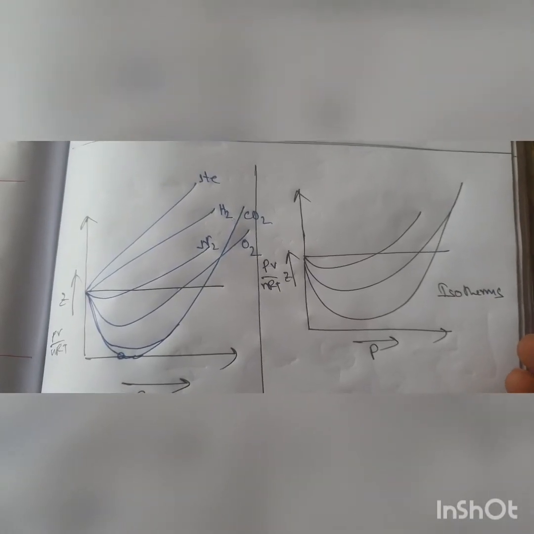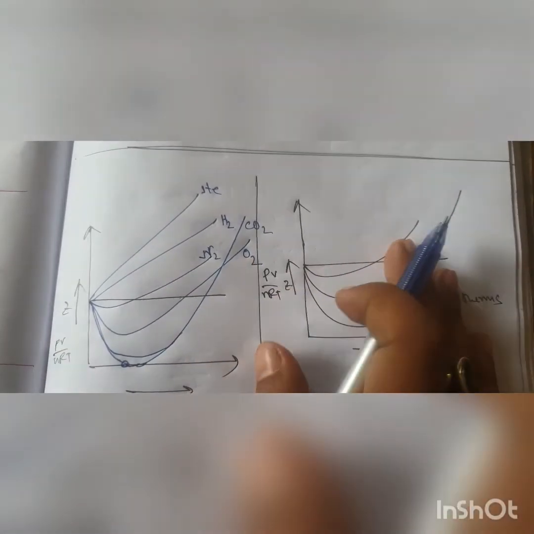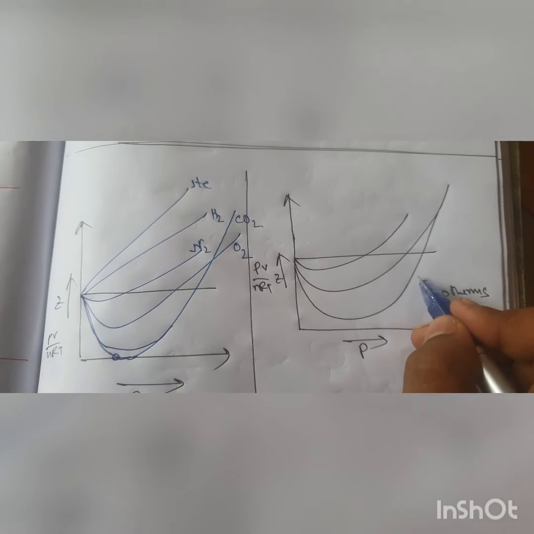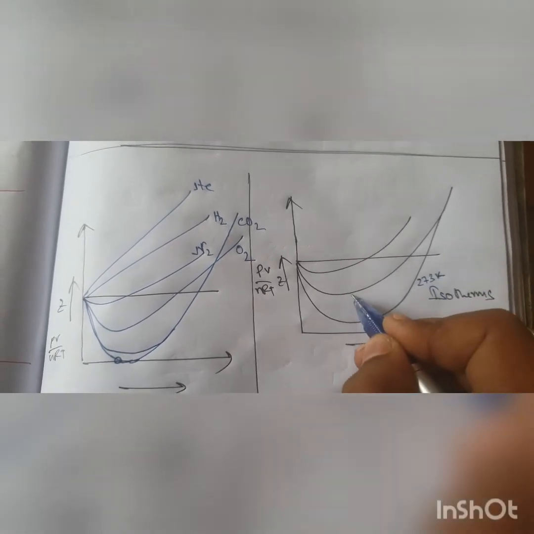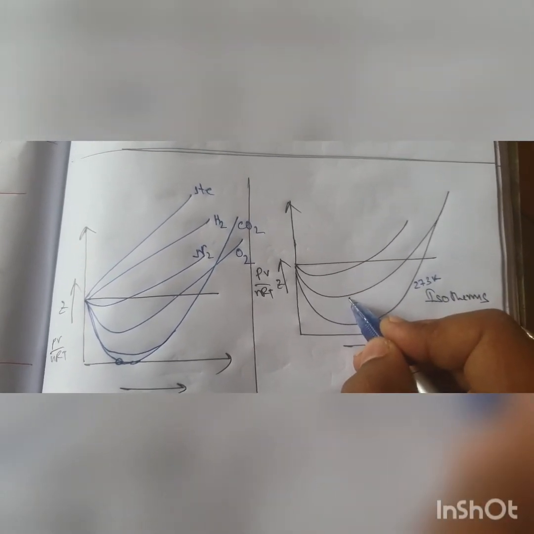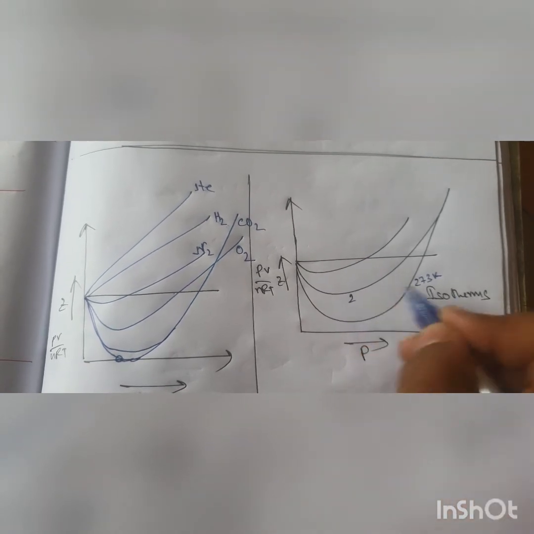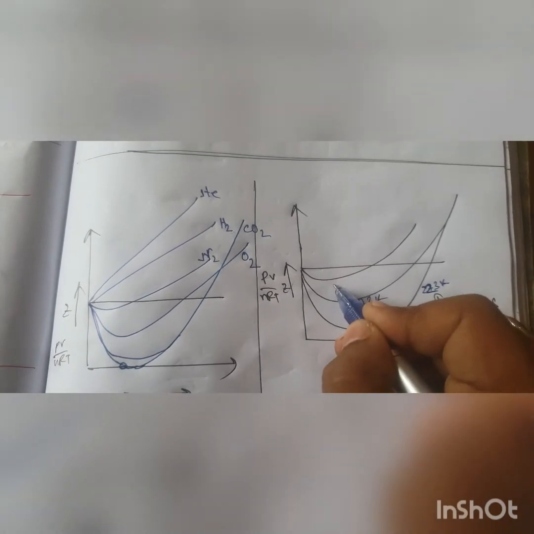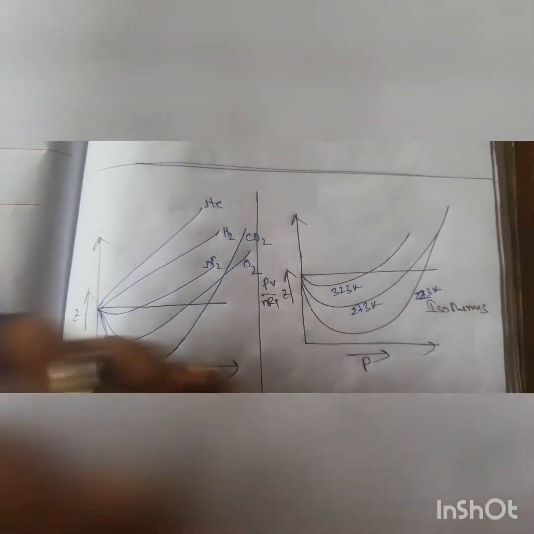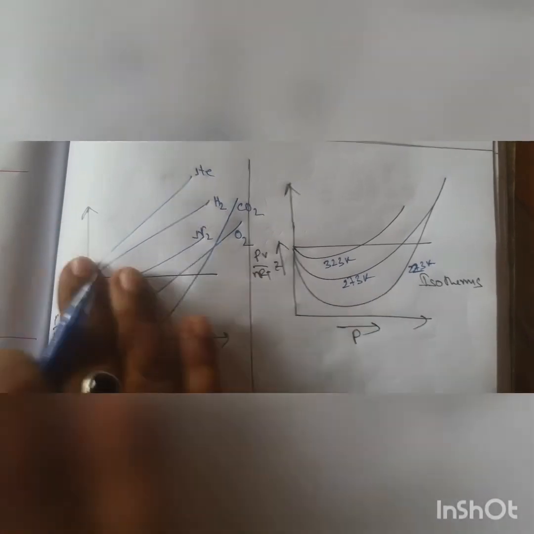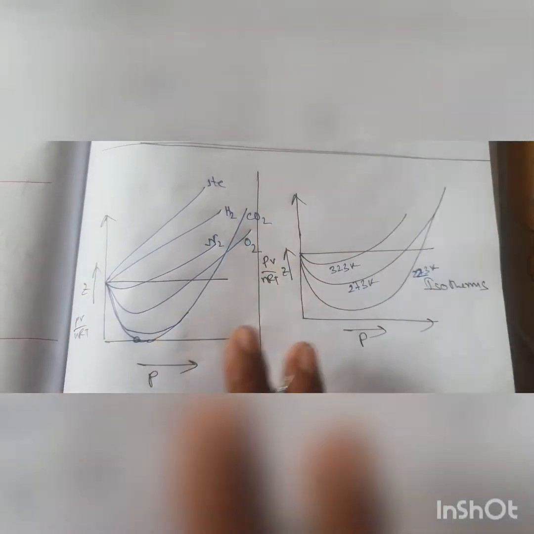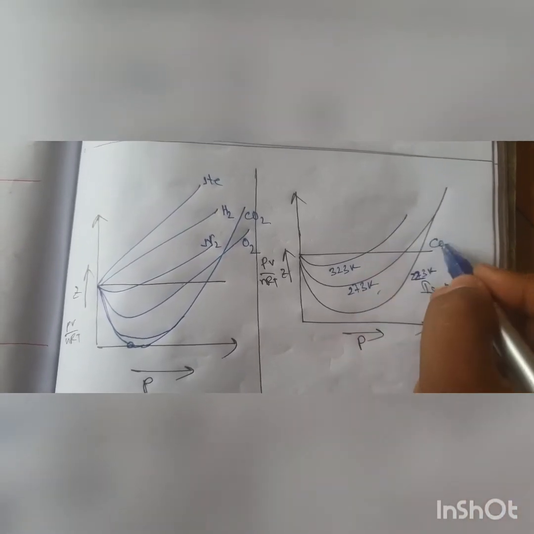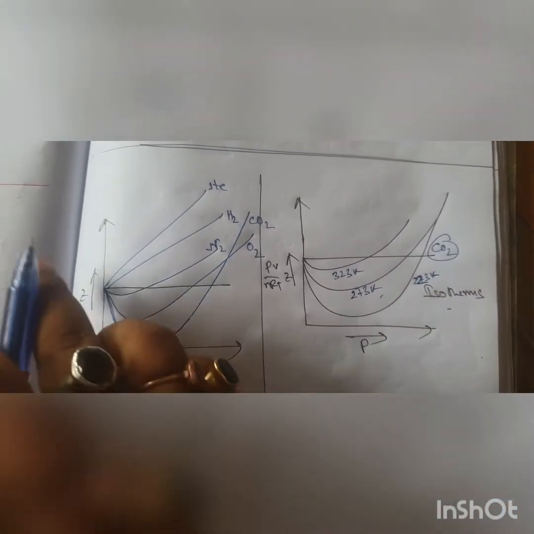Okay, now for the mistake of the previous video, I have drawn the graphs. This is an isotherm, at different temperatures. Let this be at 223 Kelvin, let this be at 273 Kelvin, let this be at 323 Kelvin. So these are two different graphs of the same thing. These are isotherms, experiments for the same gas, CO2 only, done at different temperatures, and this is for different gases.